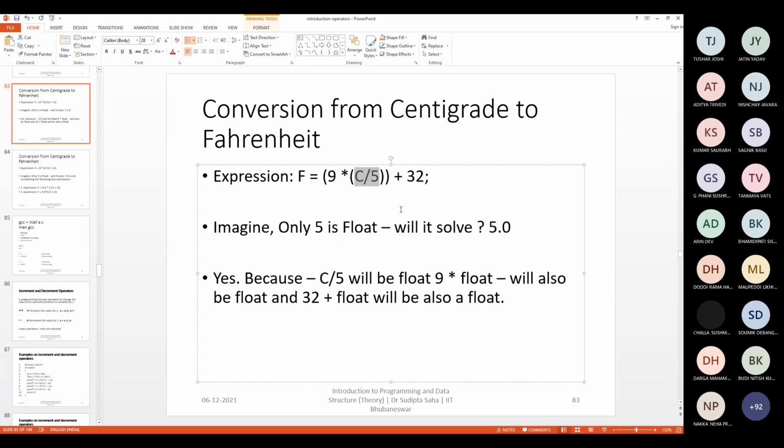Yes, sir. Can you say again? Yes. I'm saying that you want a correct answer here. If you want to get a correct answer, making 32 into 32.0, a float, will not be enough. We want to go to the particular place where the problem arises. The problem arises in this particular operation. So in this operation, you want to get a correct result. If you want to do so, you have to make at least one of them float. 5.0 is a float. In that case, c by 5 will be a floating point division, and then things will be correct.